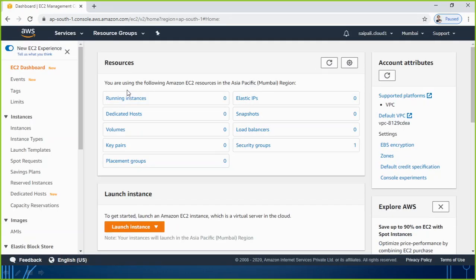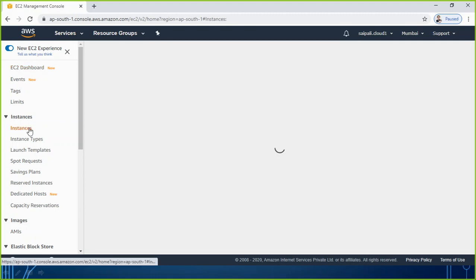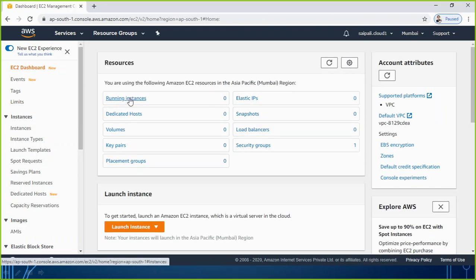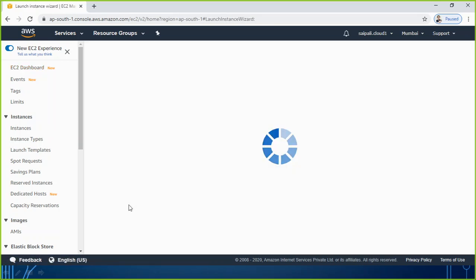Last session we did actually one practical where we created one instance of Windows, but at the end of the session we deleted also, we terminated. So now if you go to instances, you will be able to see that the instance list is completely blank. I don't have any instance right now. So let us create a new instance. You can go to dashboard again, you see running instances are 0. So let's go to launch an instance. We are going to click on launch instance here.